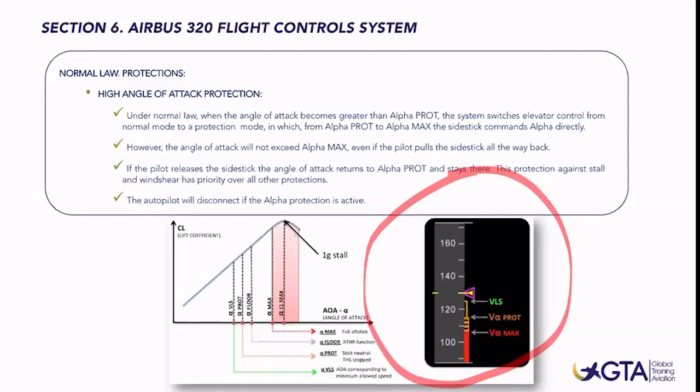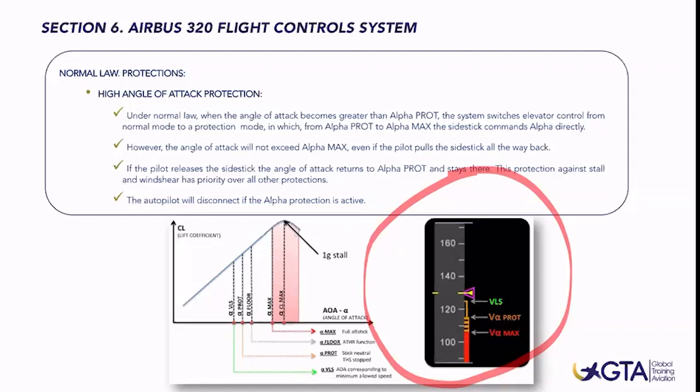So the angle of attack will not exceed alpha max, even if the pilot applies full back side stick. If we are at V alpha prot in the yellow strip and the pilot applies full back side stick deflection, we will go into the red V alpha max, and the alpha floor protection will activate, and we will not allow the pilot to go